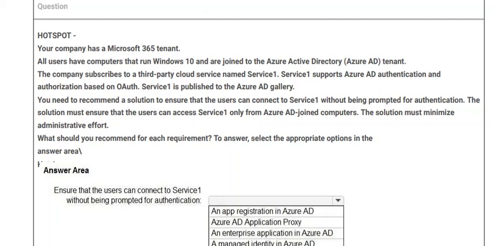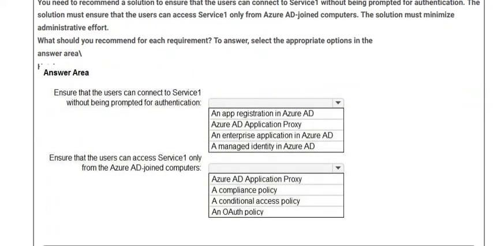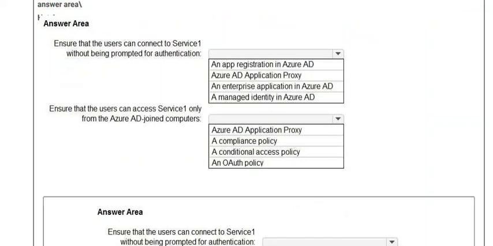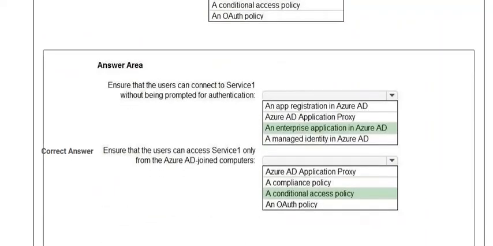You need to recommend a solution to ensure that the users can connect to Service One without being prompted for authentication. The solution must ensure that the users can access Service One only from Azure AD joined computers. The solution must minimize administrative effort. What should you recommend for each requirement? Let's go through the answer area. And the correct answer is,